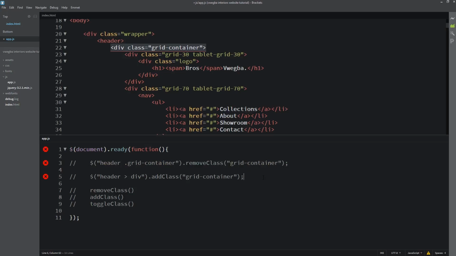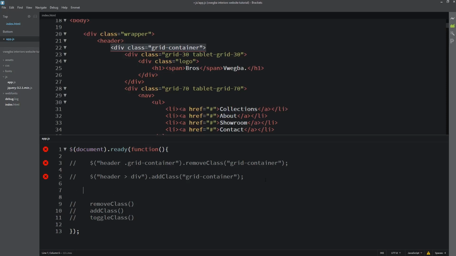This toggleClass turns the class on and off for the matched element. When it's in the on state, it adds the class to that element. When you click again, it's in the off state and removes the class. I'll do it quickly so you understand better.